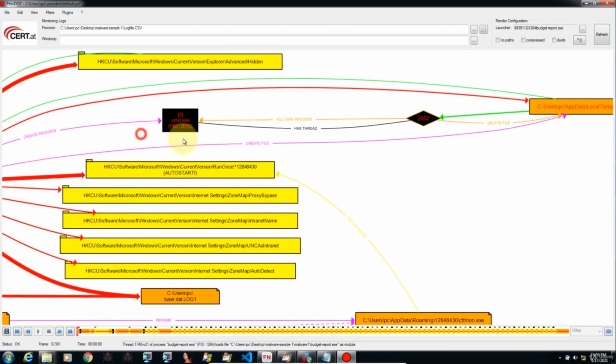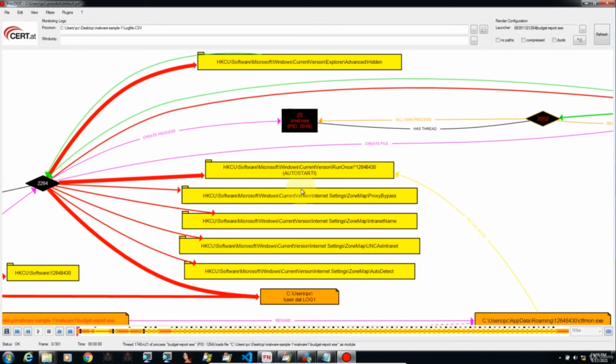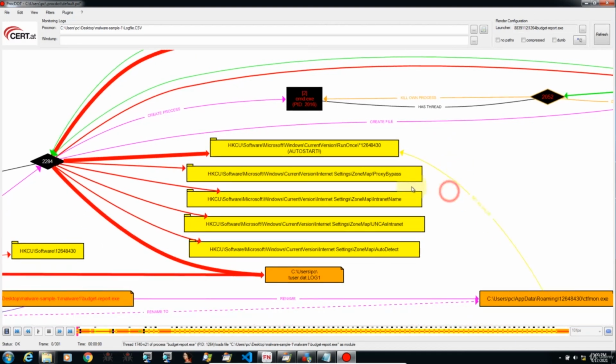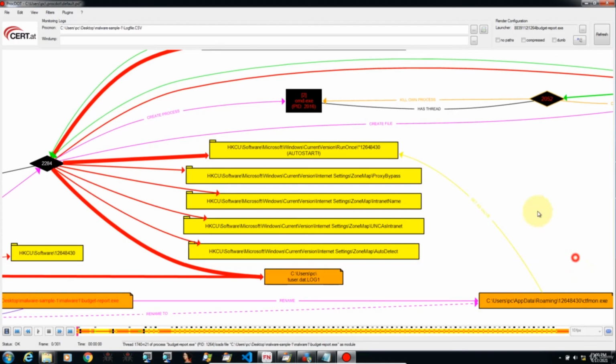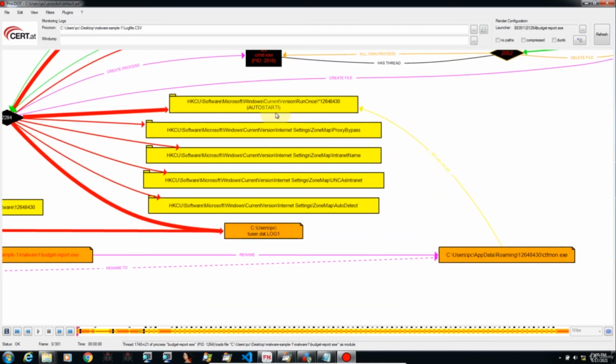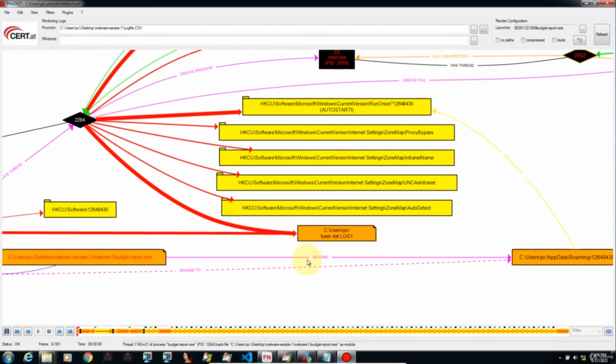And then over here, it has also created a persistence key in this location, in this registry, with this new key 1264840, and this is how it starts itself when the computer reboots. And then what is actually going to restart this file, ctfmon? You can see the arrow coming from here. So this persistence key is going to run this file, and then this file, if you trace it,